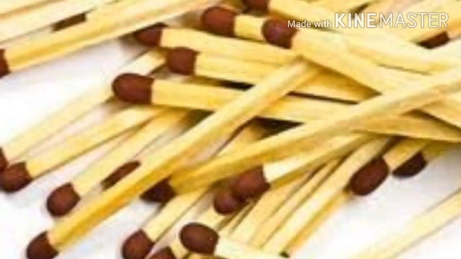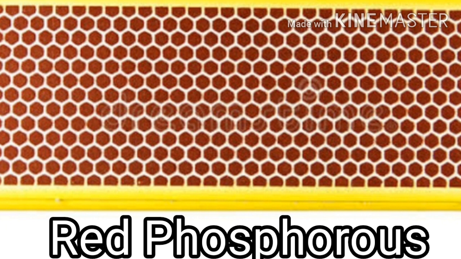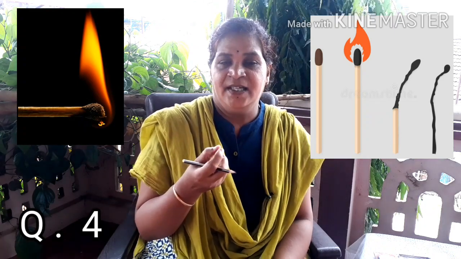Fourth question was about safety matches. The tip of the match, that is the head of the matchstick, has a certain chemical. And what is that chemical? This chemical is made up of potassium, sulfur and phosphorus. Similarly, at the side of the matchbox also you are going to see dot like structures, and that is also nothing but phosphorus. It is red phosphorus. So red phosphorus helps to ignite. It gives sparks to start a fire.